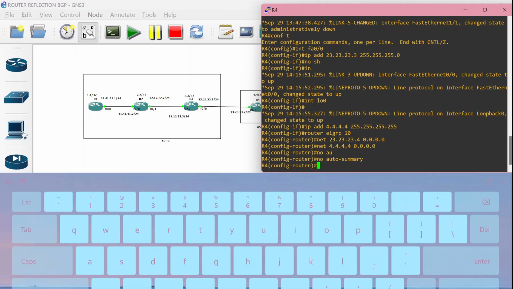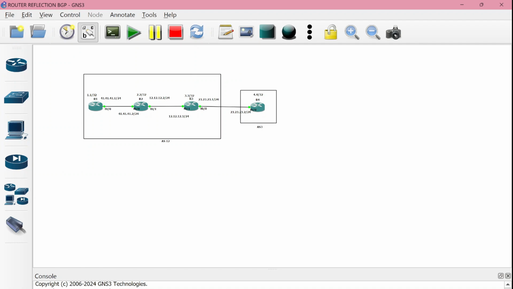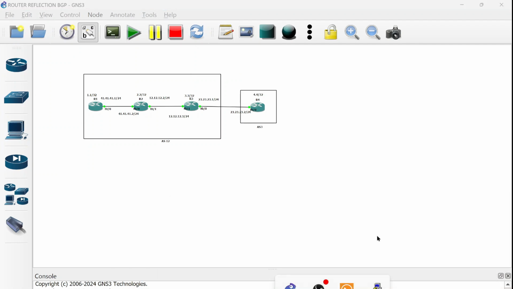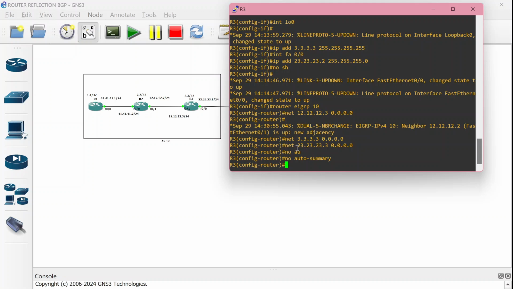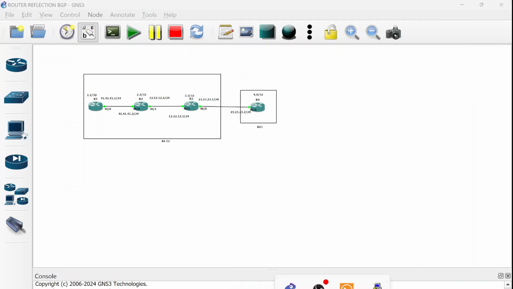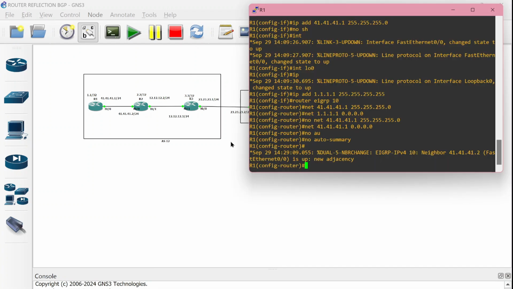So after that we can go back to router number 1 to configure router BGP. Okay, this is right, so enter router number 1 and we can make the configuration for router BGP.